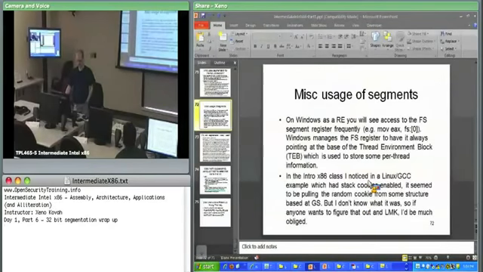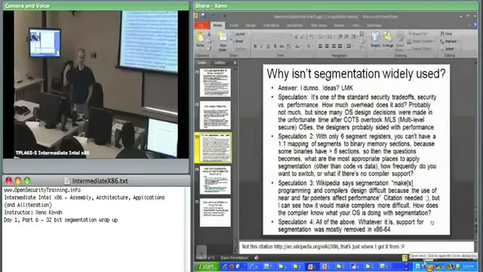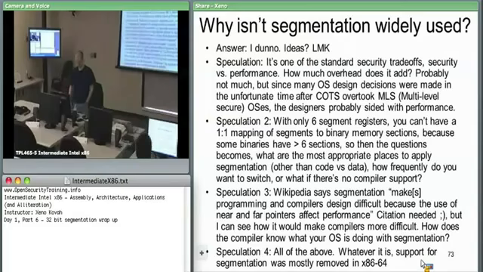Right? All right, so why isn't segmentation widely used? There can be many speculations, like why, if Intel had this in there from pretty much the beginning, the OS manufacturers did not use it. Well, one speculation would be performance. Every time you're doing inter-segment jumps, you've got that extra privilege level checking and stuff like that, right? So if you're bouncing around between segments, you've got that extra stuff, so why not just have it always be within the segment, and you never have to check if your CPL is less than or equal to the DPL and stuff like that. That's one thing. Two thing,